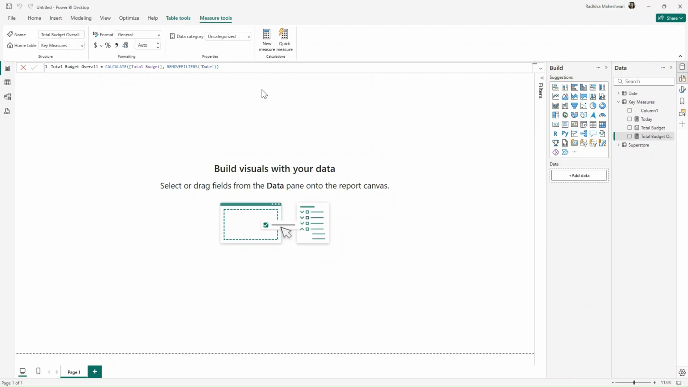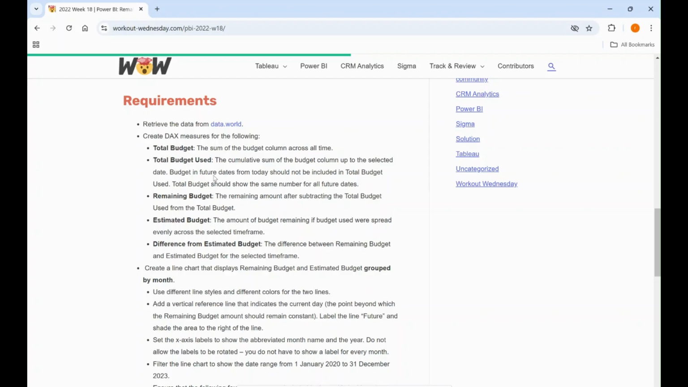This will make more sense when we get the data in a visual. Let's create the measures first of all. Now the next measure is the total budget used measure. So I will call this total budget used. In total budget used, it's mentioned that it should be the cumulative sum of the budget column